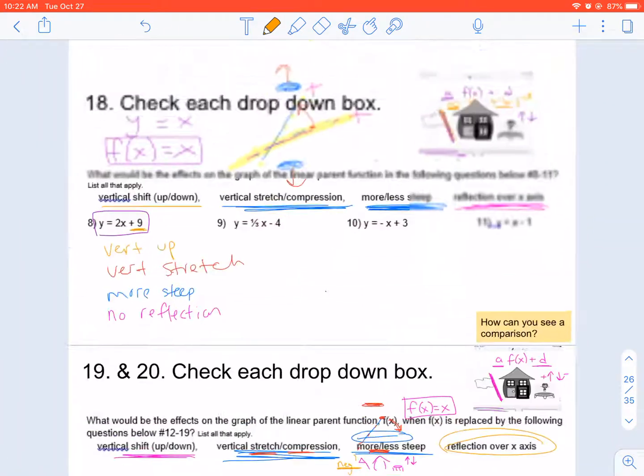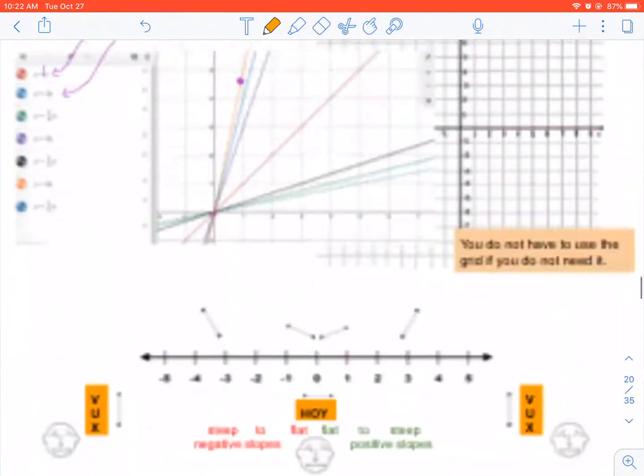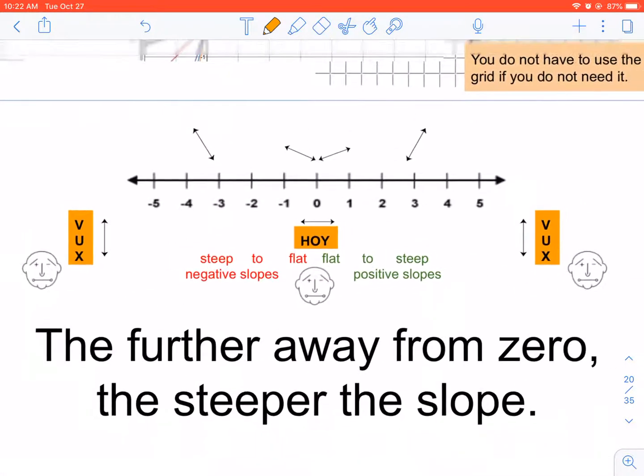And since I have you on video, I want to show you another slide right here that kind of demonstrates the steepness of a line. As you get closer to 0 in the middle, you're becoming flat with a 0 slope. All the way out to infinity, you're approaching a vertical line. And so you can see that the negative numbers for slope make you go in that negative direction, slanted. And then our Mr. Slope face, our positive numbers, have that positive slope. And the bigger our numbers get, the more vertical our line is going to look. The closer they get to 0,